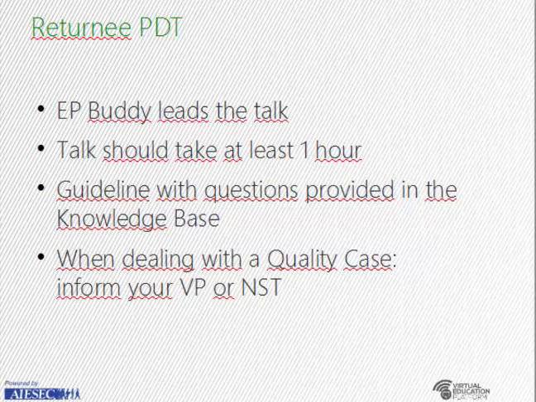In this returnee PDT, you should ask specific questions, and of course you as the EP buddy should lead the talk. The talk should take at least 1 hour, and make sure you give the EP enough time to actually tell the story and not to hurry too much. We provide you with a guideline with different questions. You don't have to use them question by question. You can adapt them, you can use your own questions, but make sure you cover the most important parts,